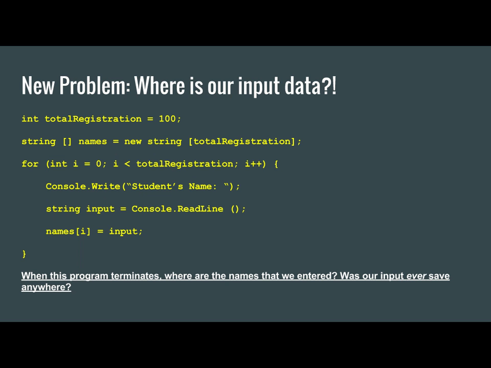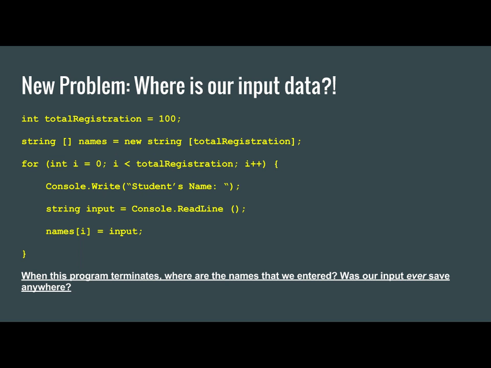So in this case, let's say I want to get 100 students' names. What I did was I declare an integer variable which has value 100, and then I declare a string array which has a size of 100, and then for each element of the string array, I want to print a prompt here, and I want to read some input from the user and assign it to the corresponding position in the array. So the problem is,